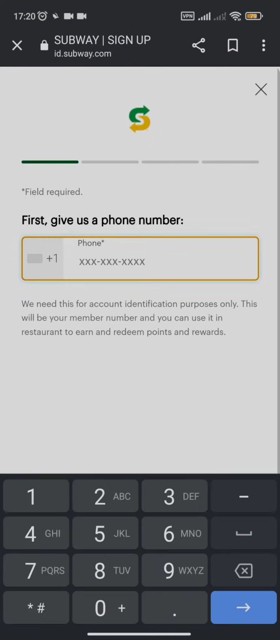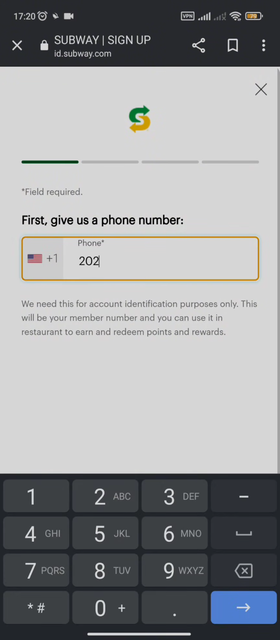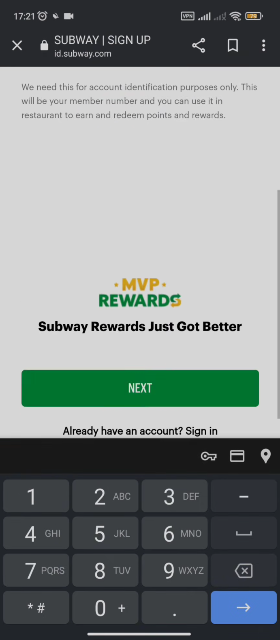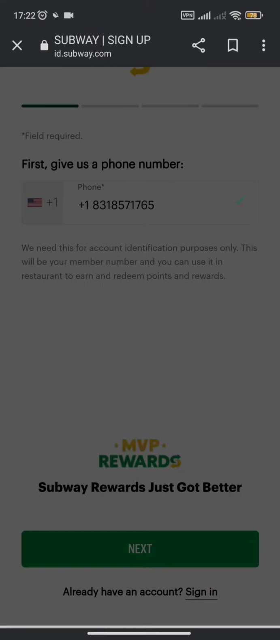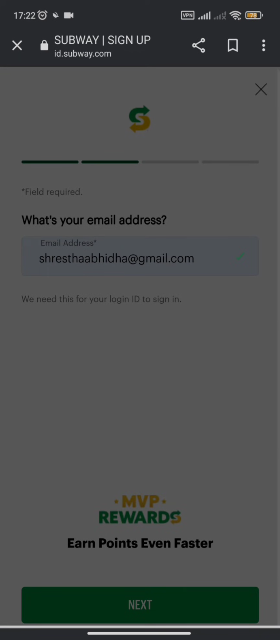Once you do so, you need to now simply type in your phone number, and after typing in your phone number, all you need to do is scroll down below and click on the next option. So after pressing next, you will be asked to fill in your email address. So once you fill in your email address, you need to press the next button again and create a password